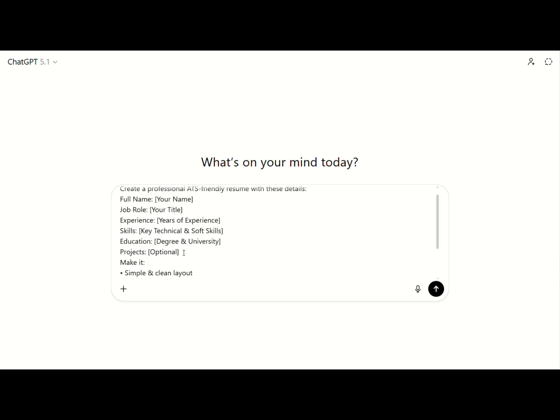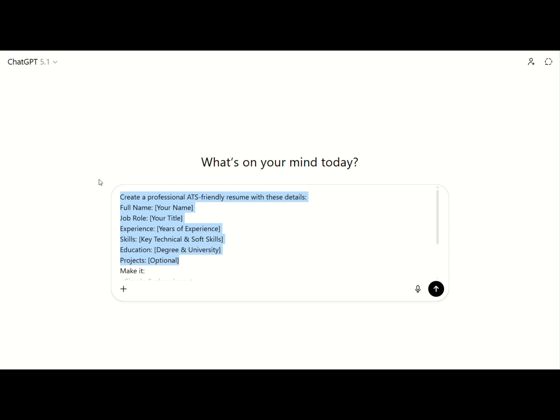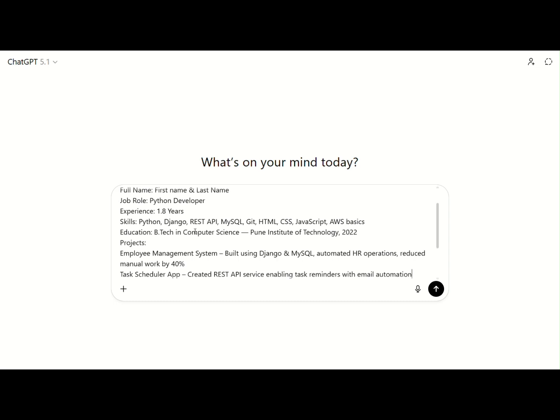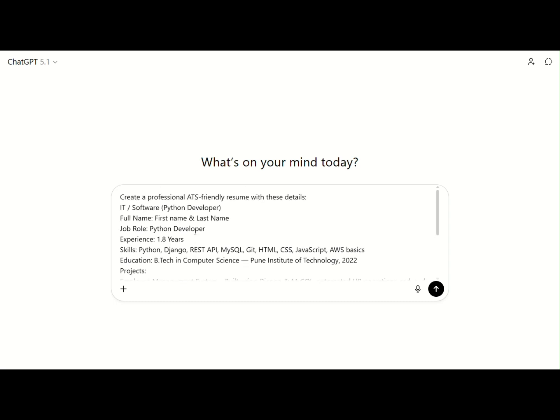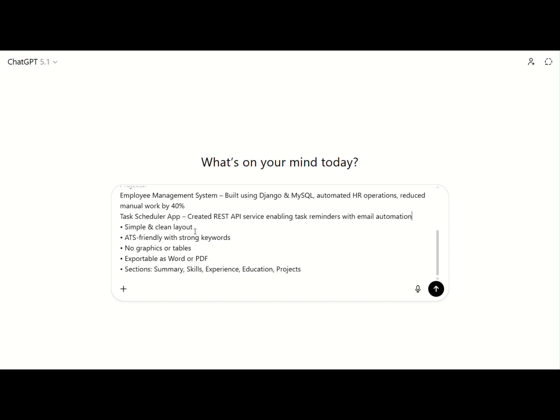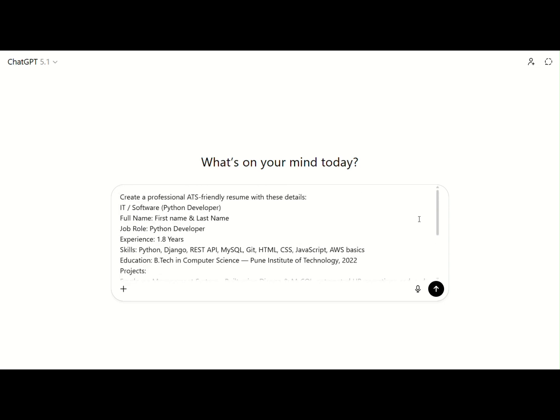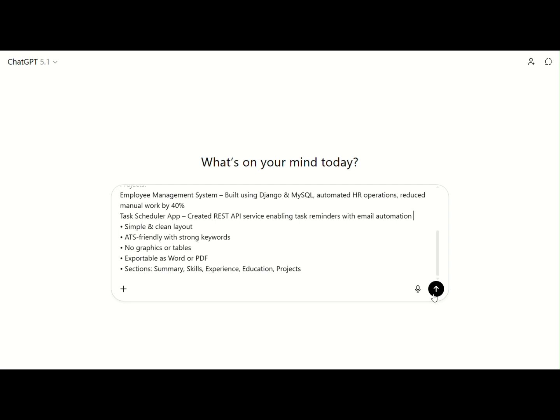Right now you need to replace the demo text with your real text, like you need to provide your name, job role, experience, skills, education, projects. I have replaced it for demo purposes. In that section I have created a Python developer role, and I have mentioned the projects here. I have just written my first name, last name, and all those things, college, education, and